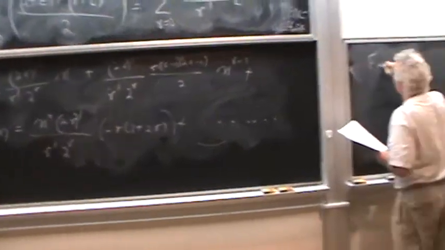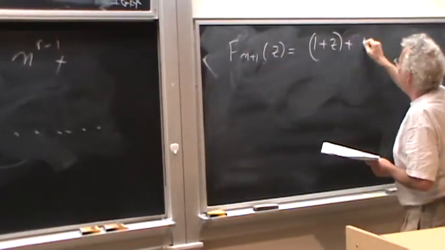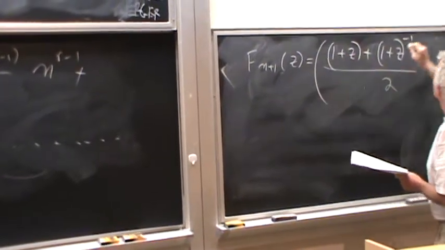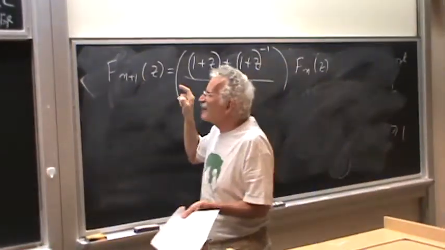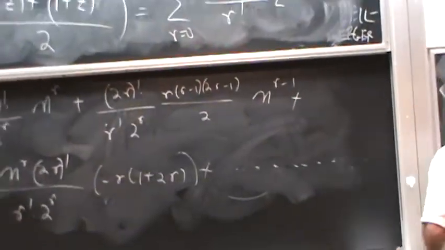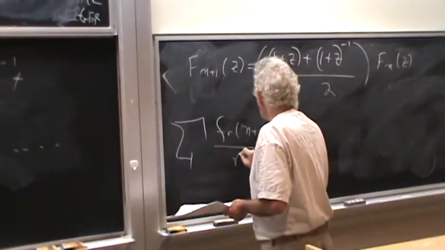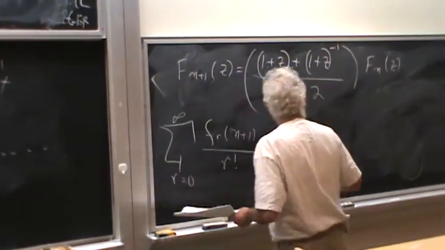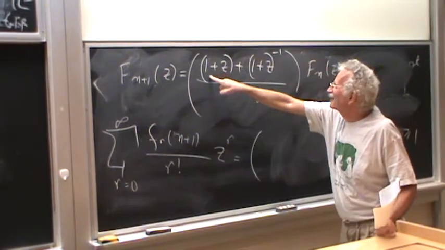Obviously, we have the following simple recursion. F of n plus 1, z equals (1 plus z plus (1 plus z) to the minus 1) over 2 times f sub n of z. But by definition of the factorial moments, right here, we have the following: the sum of f sub r of n plus 1 over r factorial times z to the power r, r goes from 0 to infinity, equals, and now I hope you can do it in your head, not even another computer, 1 plus z, this is 1 minus